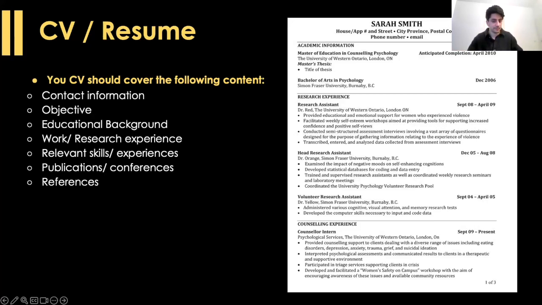It's not necessary that at this stage in a master's degree you have publications, but if you do, you are supposed to put them there with DOIs and all information, including your authorship. Then in the end, you usually put 2 or 3 references, like your recommendation letters. So, next slide, please.